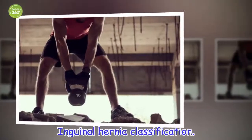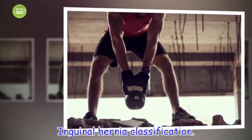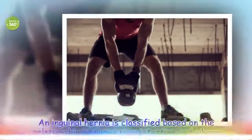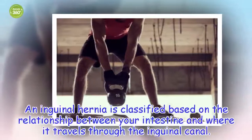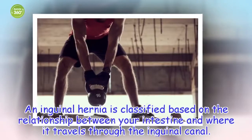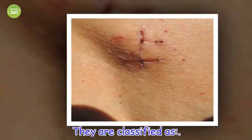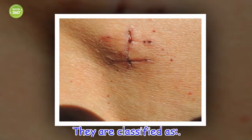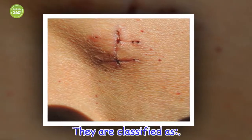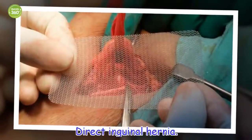Inguinal hernia classification. An inguinal hernia is classified based on the relationship between your intestine and where it travels through the inguinal canal. They are classified as direct inguinal hernia,